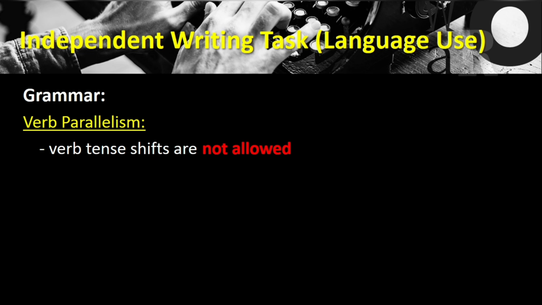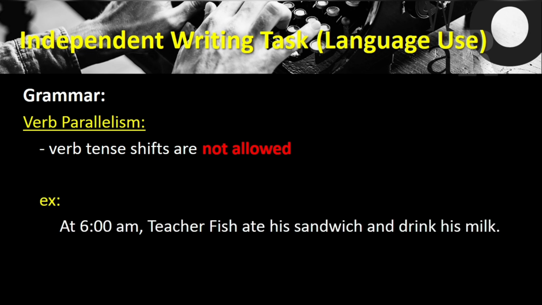Let's have this example. If I say, "At 6 a.m., Teacher Fish ate his sandwich and drink his milk," then I am committing a big mistake because the verbs ate and drink are not parallel. I should have changed drink to drank to make the verbs accord with the time, 6 a.m. Now, we all know this. However,